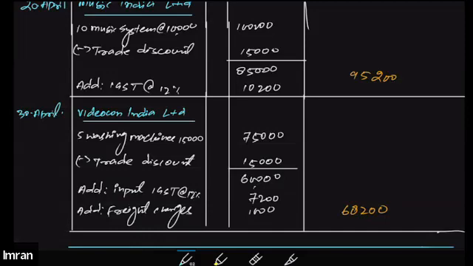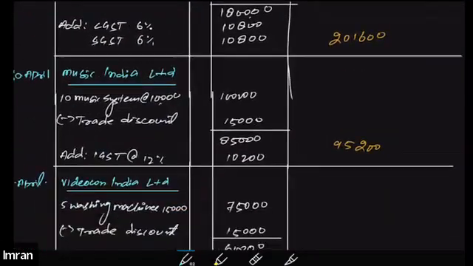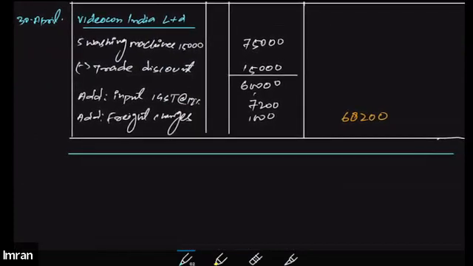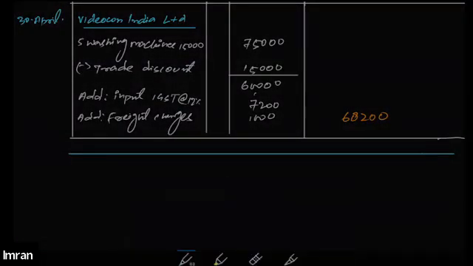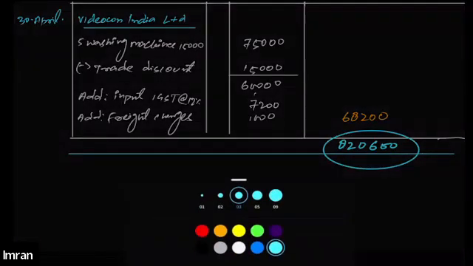So now totaling the entire amount, we should get 68,200 plus 95,200 plus earlier it was 2,16,100 and 4,55,600. So when you total all these values, you will get, just a minute, 8,20,600. This is the answer. And because this is the final answer and this is the total value of the purchases,